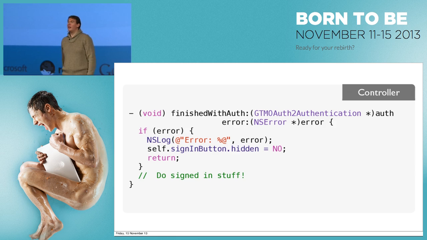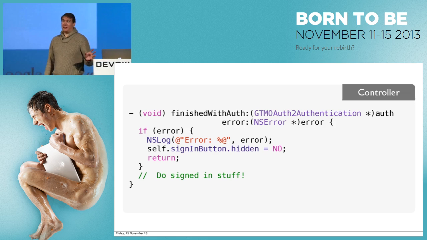If the user cancels, maybe it's because you're asking for too many scopes. So you might want to then pop up a scope chooser and say, hey, would you like to sign in just with Google+, or would you like to sign in without access to your Drive or to whatever you think they might be worried about? But there are cases where it could be something else. For example, if you had signed into that app previously and then disconnected through the Google Plus apps page, which most users are very unlikely to do, but developers do quite a lot. So you're much, much more likely to run into this than normal people.